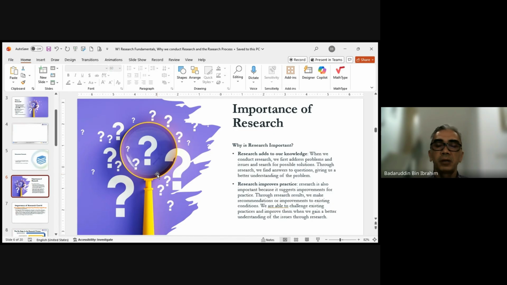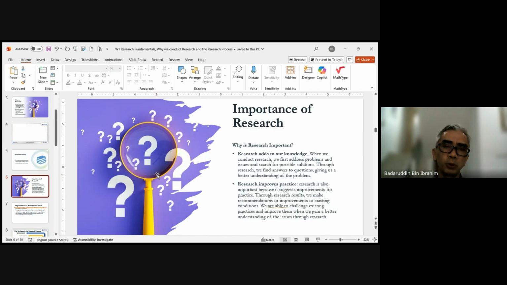Okay, so that's why I hope that most of you have come up with an idea of your topics, because if you don't, perhaps it's not too late. It is still not too late because this is your first semester. So hopefully that you all have one topic in mind. And then at the beginning, my advice is that for your research journey in identifying topics that I'm going to show you in the next few slides,